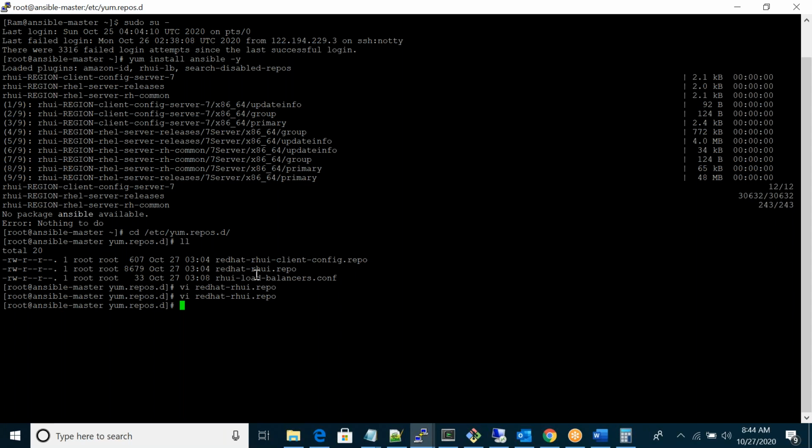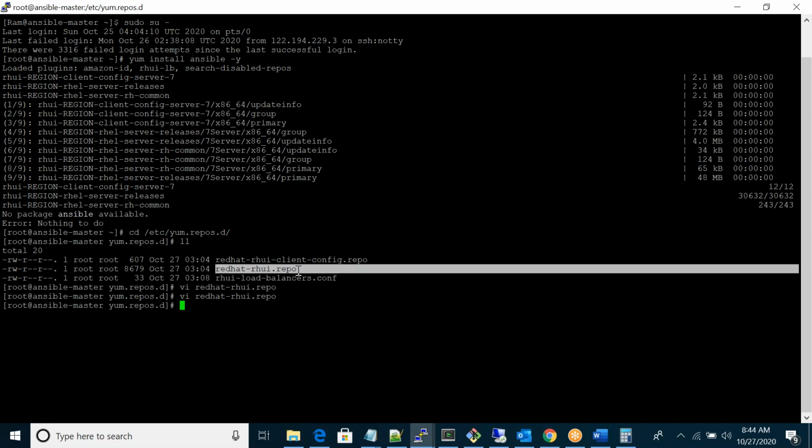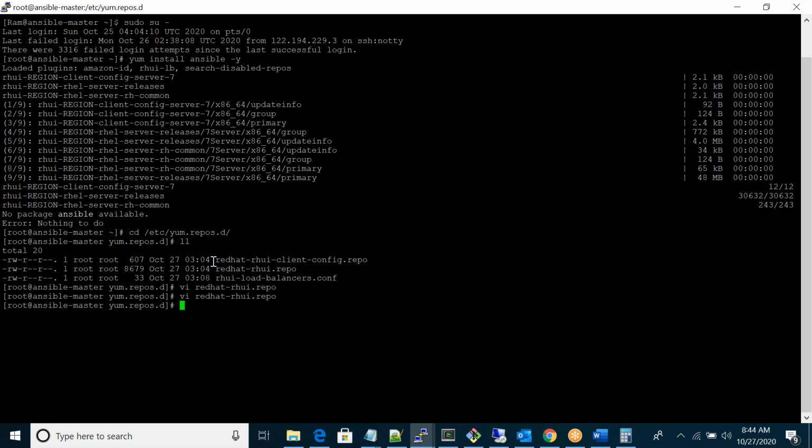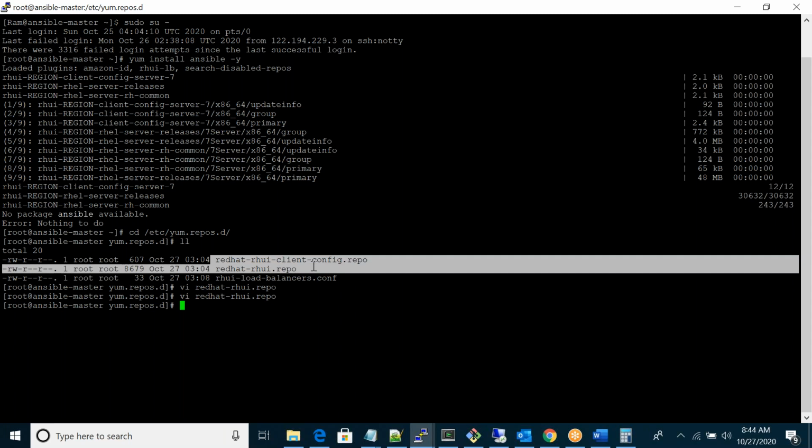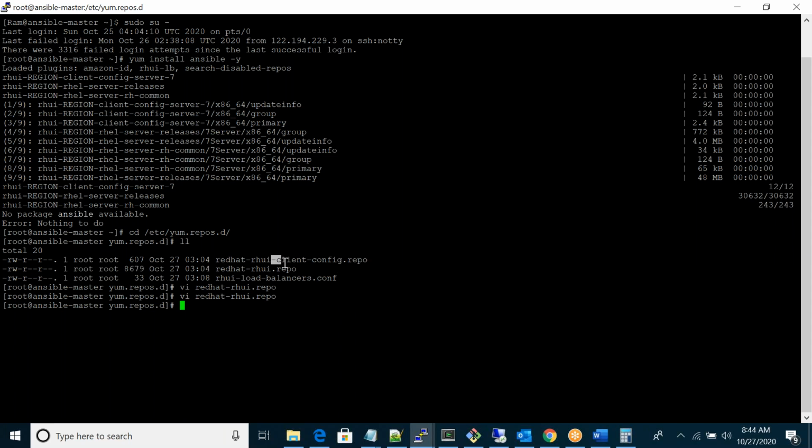See here, default repository, right? This is how to find the default repository. If you see here in this case, I have two repositories. The first one, you can see, is some client config. This is not the default repository. This is only as per the document. If you find the documentation also, you can find it. Some Red Hat Linux site documentation, I will send you that documentation. So this is the default repository. Whatever Red Hat RHUI, that repository is the default repository in this server.